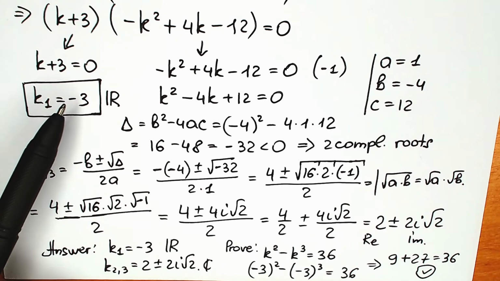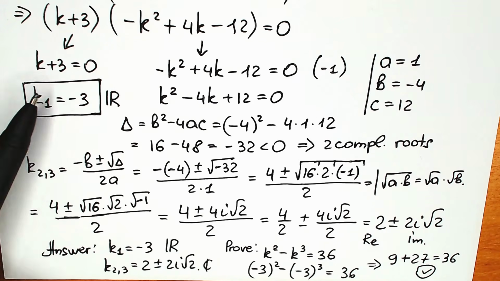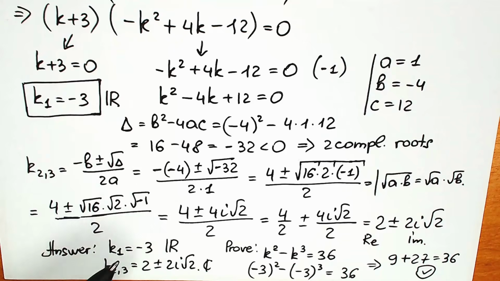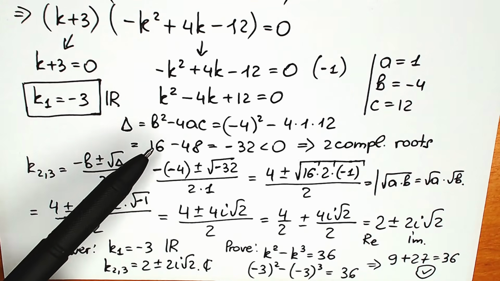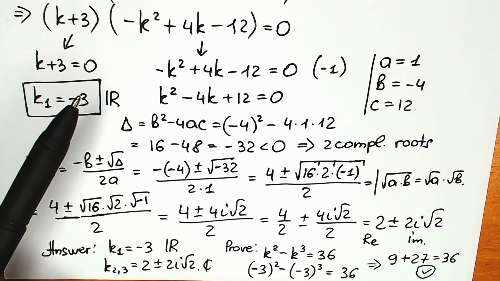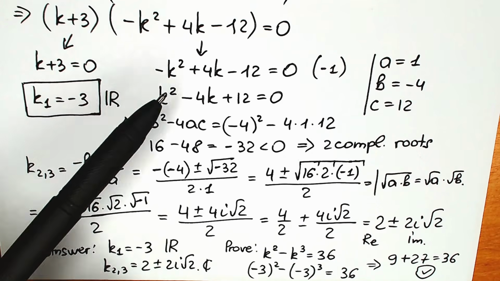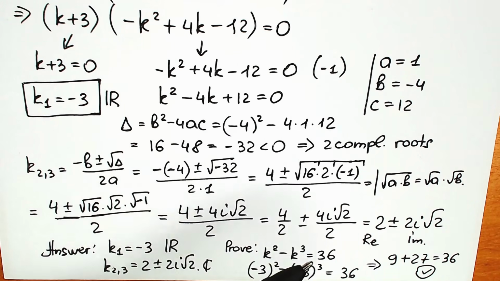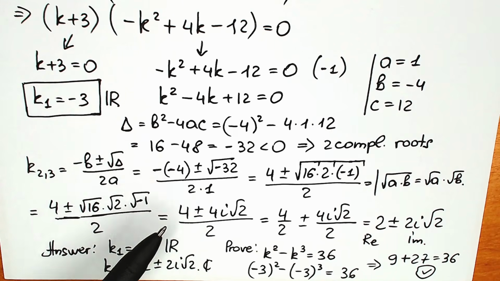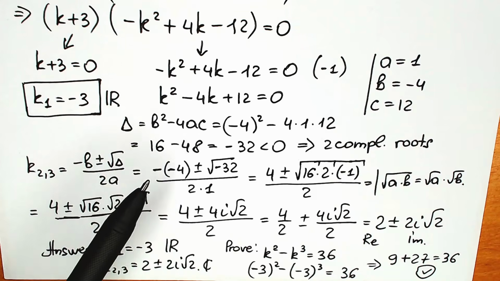Of course, if you don't have time on your exam, you can say, okay, k equals -3, and you can prove it if you have like 2 minutes left. But if you have time, it's absolutely incorrect, because you forget about the second branch, about these two complex roots, which is also extremely important for you, for your teacher and for your mark when you solve this question